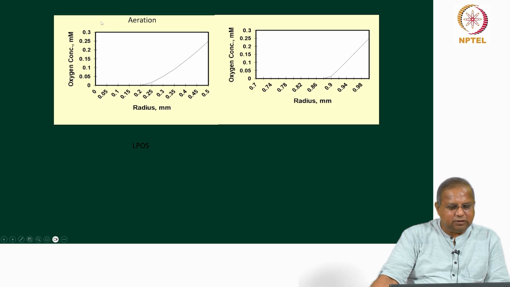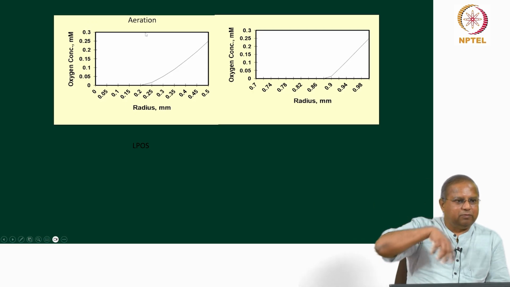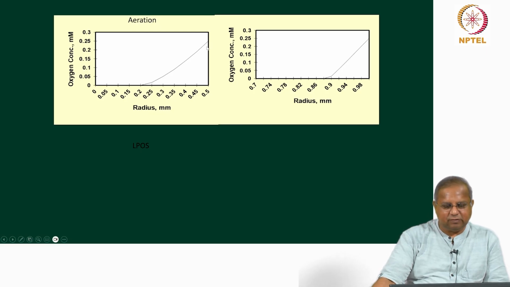The oxygen concentration in millimolar, as expected when you use aeration, where oxygen is available only on the surface, is quite high, drops to 0 in about 0.2 mm. So, this part of the pellet is completely devoid of oxygen, whereas here it drops to 0 quite early, 0.8 something, 0.8,